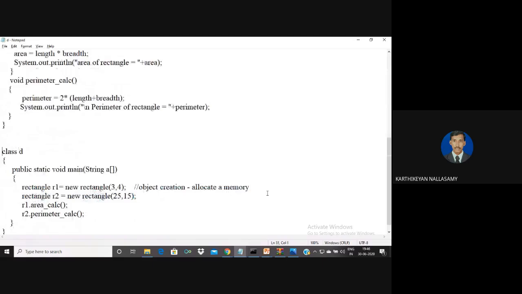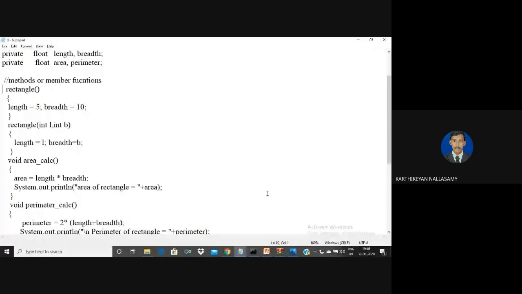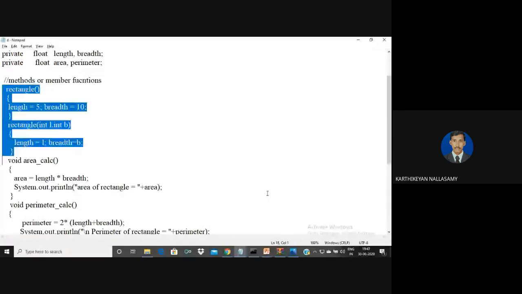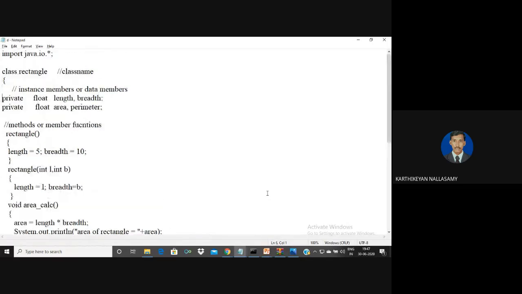There are two constructors with the same name but in different forms. This is called overloading, because the same function name is differentiated by a different number of arguments. So we call this constructor overloading, because everything is designed within a single class.